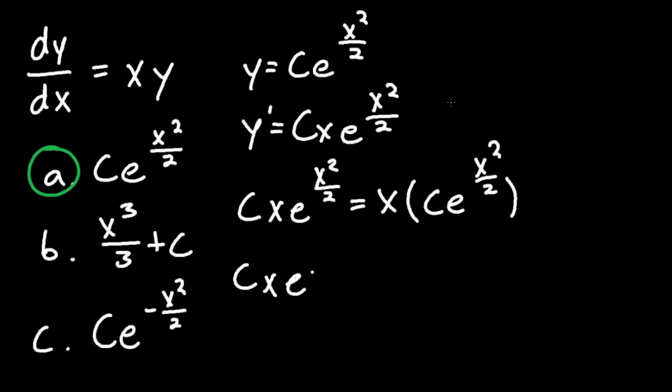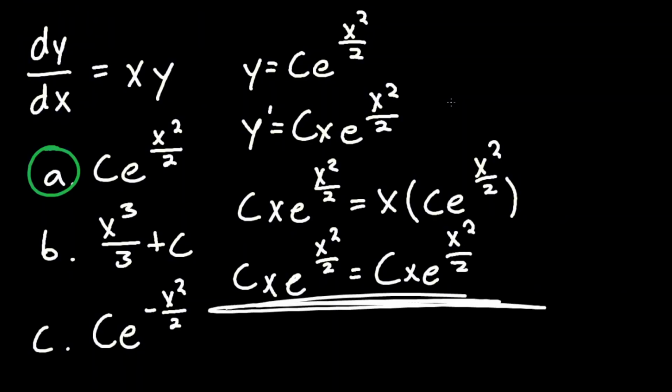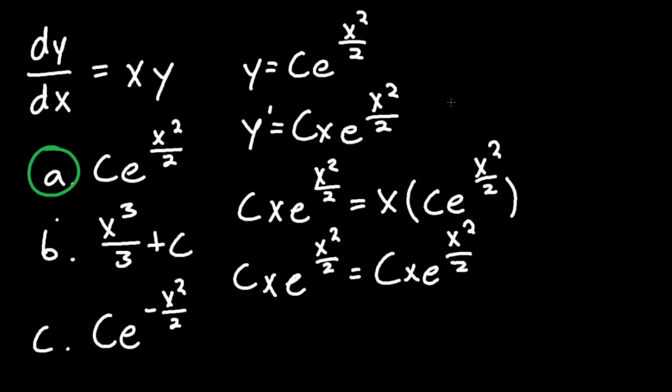And we can rewrite the equation on the right side to get c times x e to the x squared over 2. And right here, the two equations are equal, therefore A is the solution to the differential equation. And if you test out anything other than A, B, or C, the answers will not be equal. And I tricked you guys a little bit because I put a negative here. So the negative will not give you an equal answer. But if you get an equality at the end after plugging everything in, thumbs up, that is the solution to